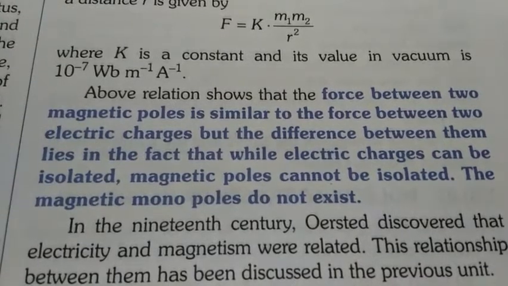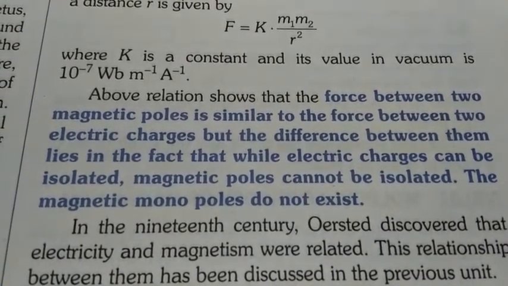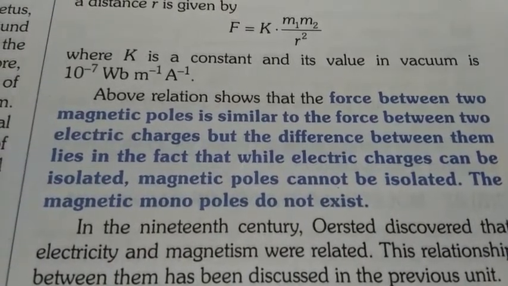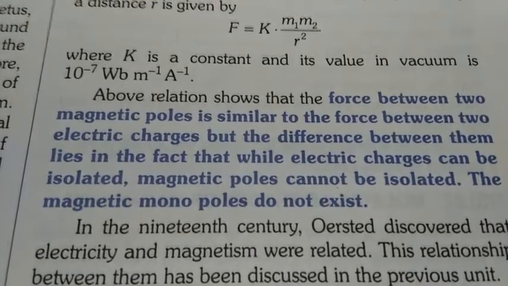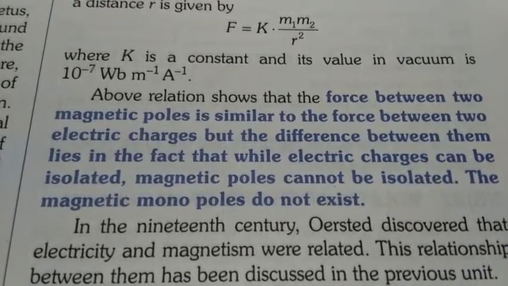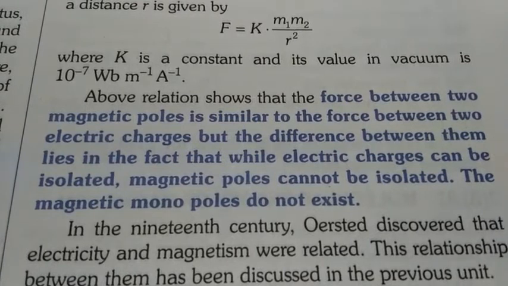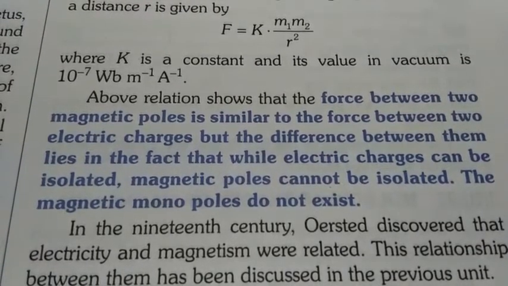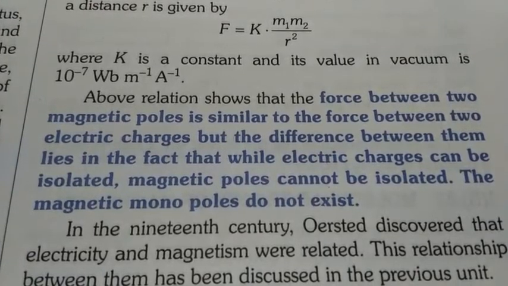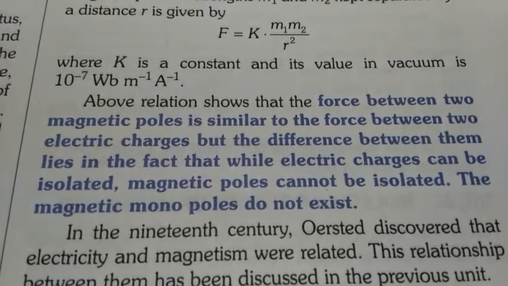All other things are the same. Whatever things we have derived for the electric dipole, the same terms and the same derivations apply for the magnetic dipole as well, and that's why those topics are omitted this year, because they are similar to the electric dipole. So if a student understood electric dipoles clearly, they can study magnetic dipoles by themselves. Okay, so that's why those topics are omitted, because they are the same as the electric dipole ones.